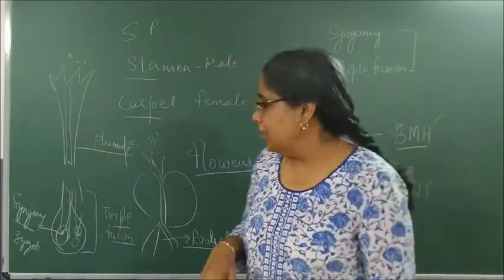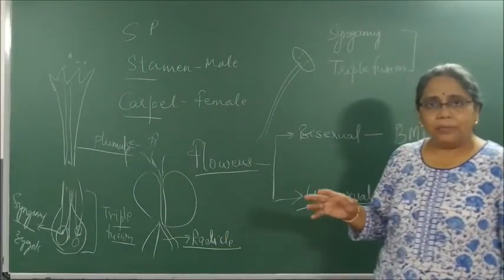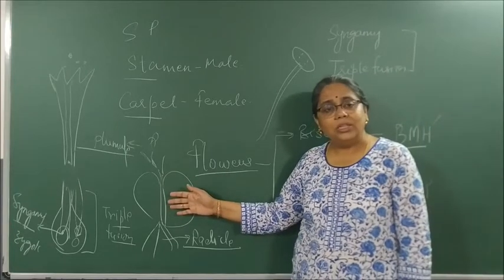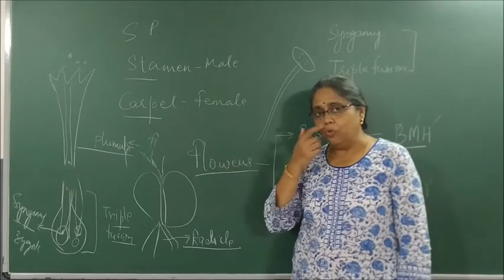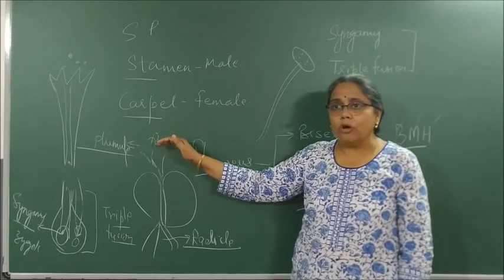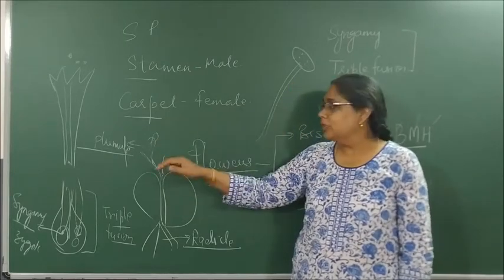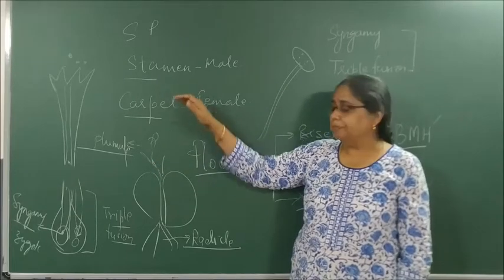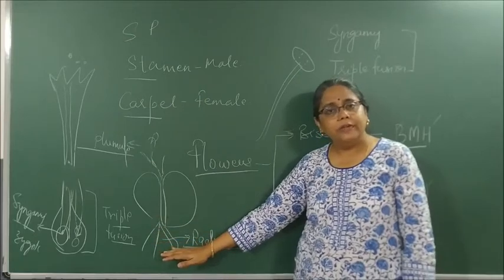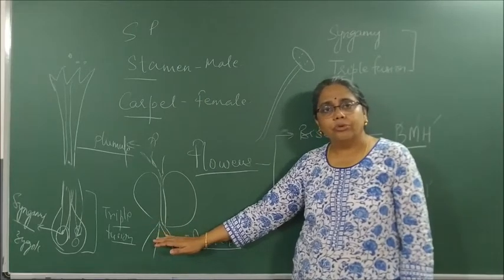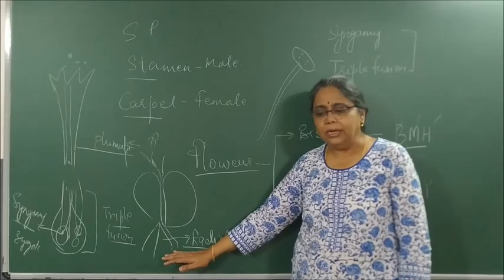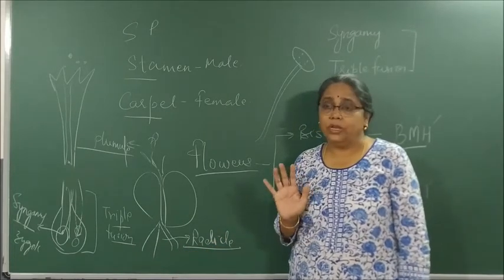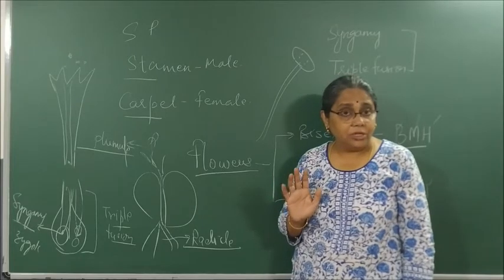After fertilization, the seed or the embryo is enclosed in a seed. When the seed germinates into a new plant, it gives on the top a green colored sprout which is called as the plumule, which grows into what system? Shoot system. At down, it gives a cluster of roots which grows into what? Which is called as radicle and grows into root system. This should be very, very clear. That's why I am repeating so many times.